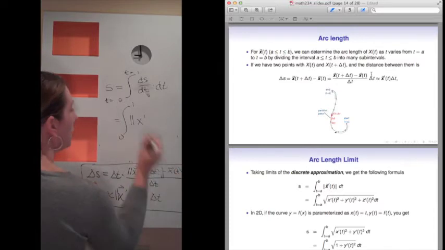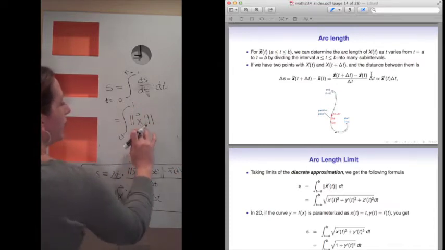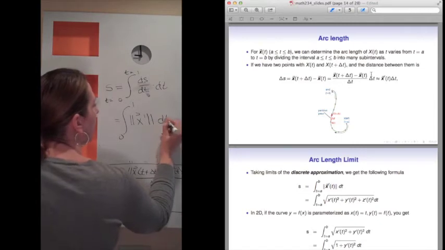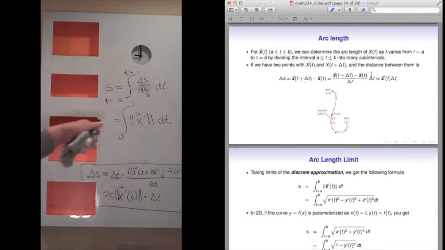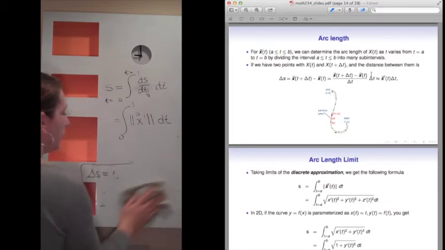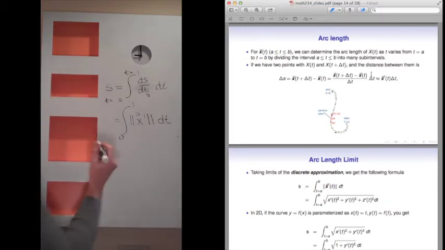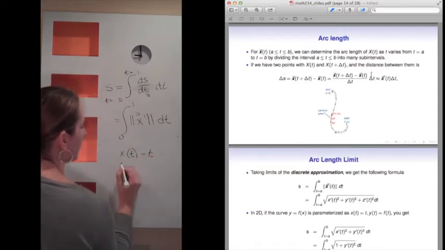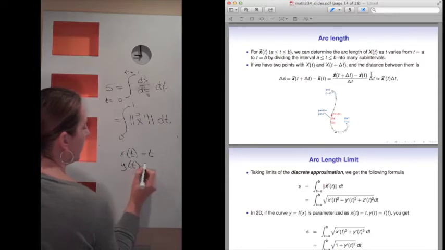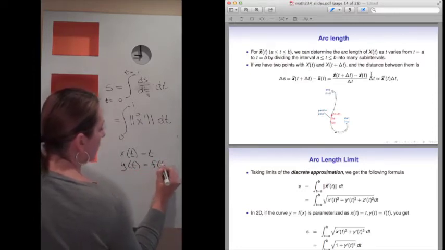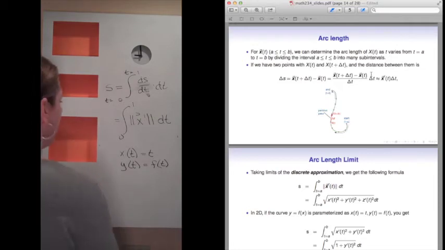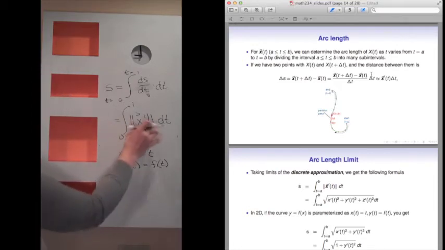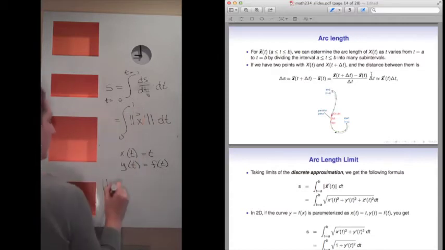Let me put vectors here. If I take the norm of the velocity vector and integrate it as a function of time, what I get is this formula. And if I revisit my curve, the curve that I just looked at, where I parameterize it, say, as x of t equals t, y of t is equal to some function of t, when I plug it into this formula, I get